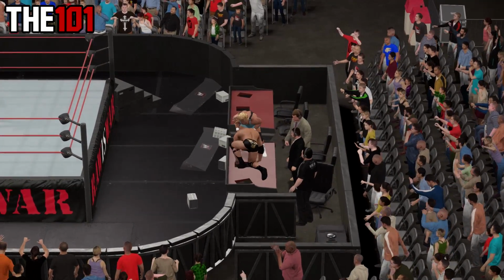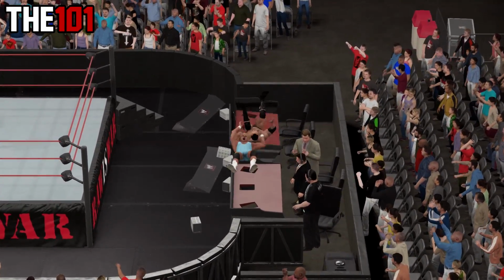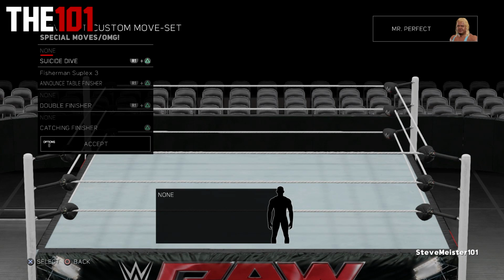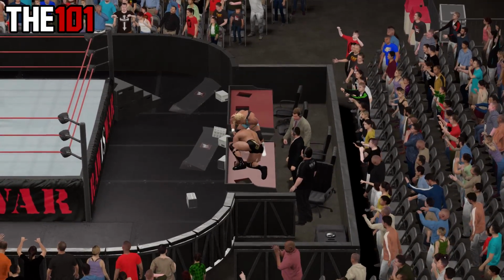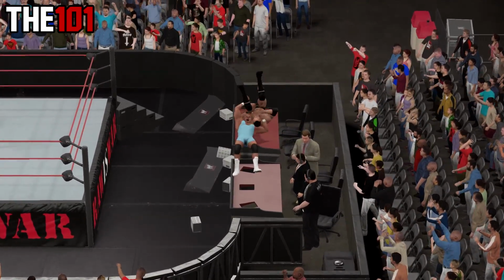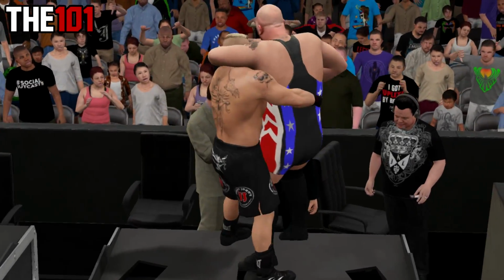Firstly, Mr. Perfect has an exclusive announce table finisher, which is the Fisherman Suplex, aka the Perfect Plex. Now, this move is not a selectable announce table finisher in the movesets, however, it does feature on his moveset by default. As you can see, a pretty cool thing about the move is that it actually breaks the second table instead of the intended table,